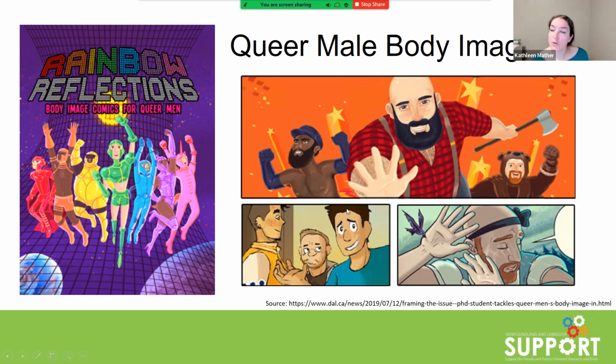So the artists that they used for this comic book were all queer artists, and they had 40 different artists from 7 different countries featured in the comic book. And these artists depicted both their own firsthand experiences as well as information from peer-reviewed literature. So this is a really great example of pairing up with other people who have skills that your research team